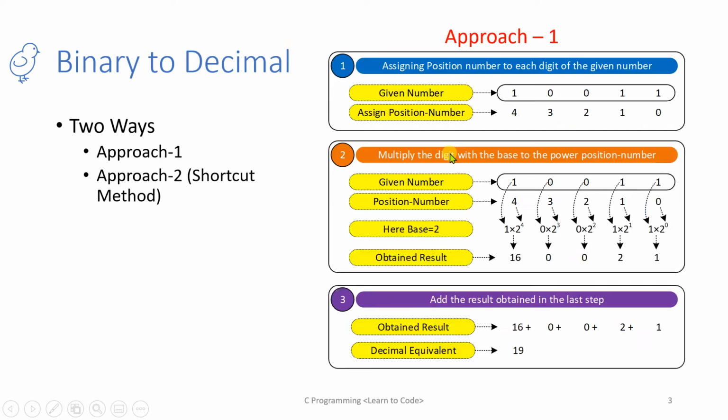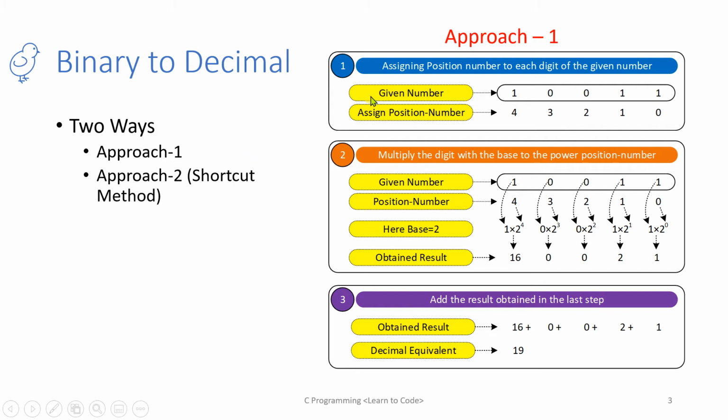So let us start. Binary to decimal equivalent. As I have already discussed in the last 2 lectures, whenever a number is given and you want to convert it into decimal, one easiest procedure we have already discussed, and I named it approach 1. This approach was already covered in a previous lecture, but for the sake of completeness of this video I have included approach 1 over here also. So let us recall that method.